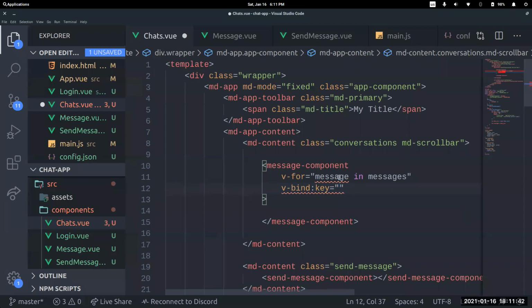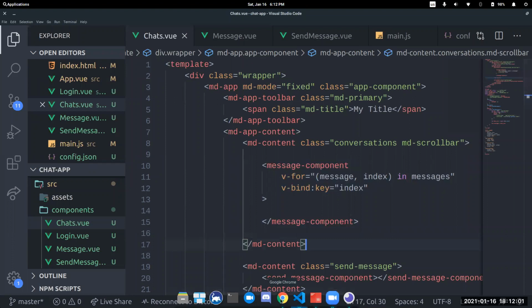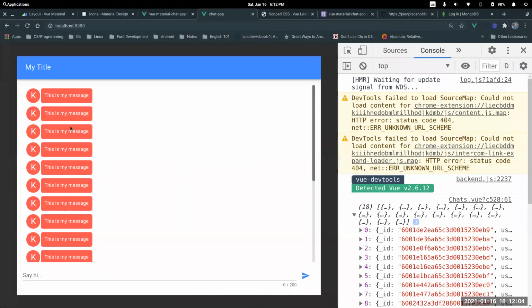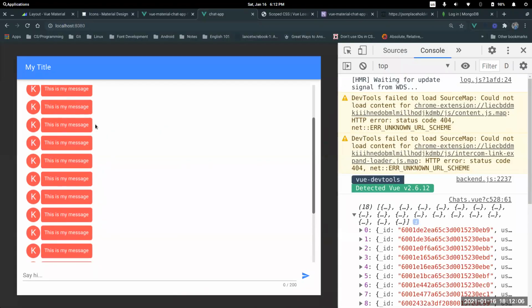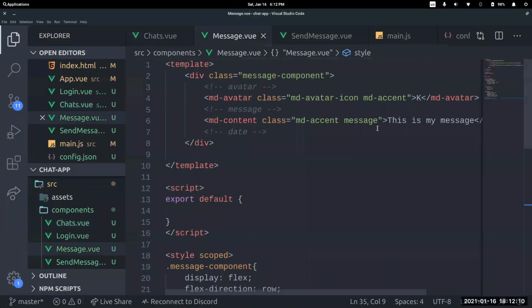The key will be, what I will do is just pass in the index as the key, because the index is always unique, starting from 0. So if there are 18 messages, this should be created 18 times. Save. There it is. But the data are static, because if you go to the message component, we are using